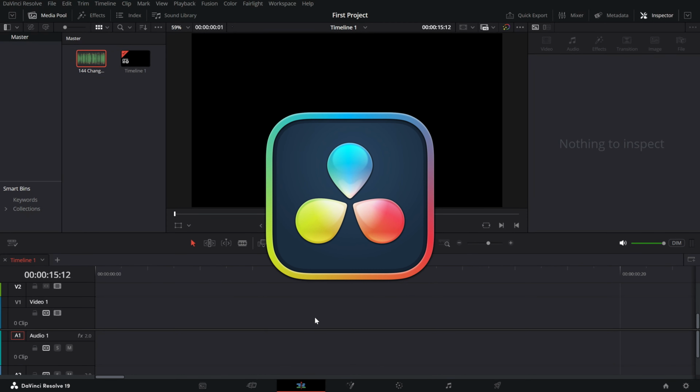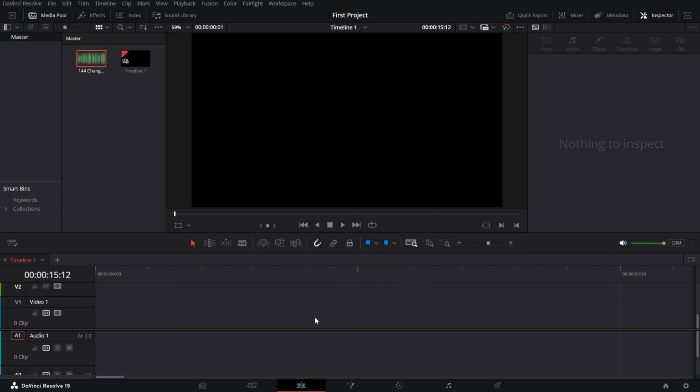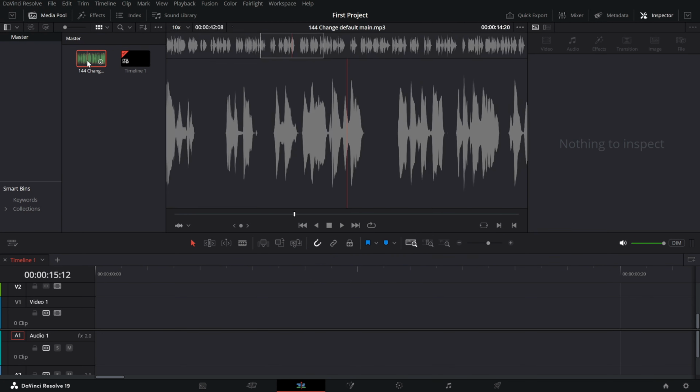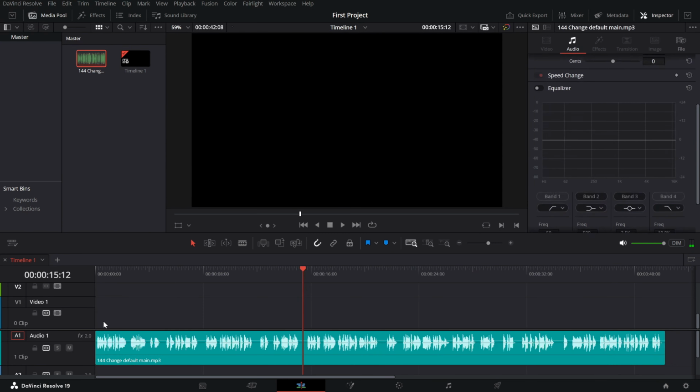Today, we are creating a telephone voice effect. This will make your audio sound like it's coming from an old school phone call. Let's jump right in. First, import your audio into the timeline and head over to the Fairlight tab for full